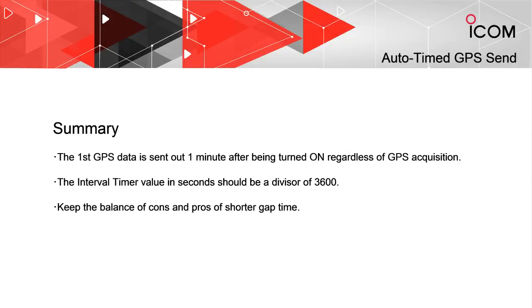Let's summarize today's training. The first GPS data is sent out 1 minute after being turned on, regardless of GPS acquisition. The interval timer value in seconds should be a divisor of 3600. Keep the balance of cons and pros of shorter gap time,